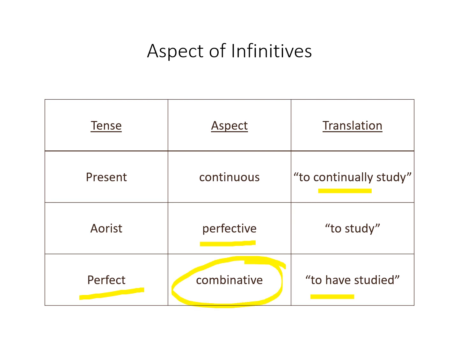Now, we want to try to follow these cues with translation and bring the idea across, but it is, as Mounce notes, sometimes very difficult to include some of these key words like continually or to have, and we may just have to at times flatten it out and just say to study, and that may actually work best for the aorist and sometimes even the perfect. Let context determine how you bring the infinitive across.